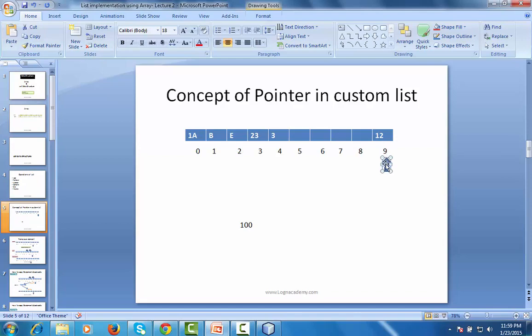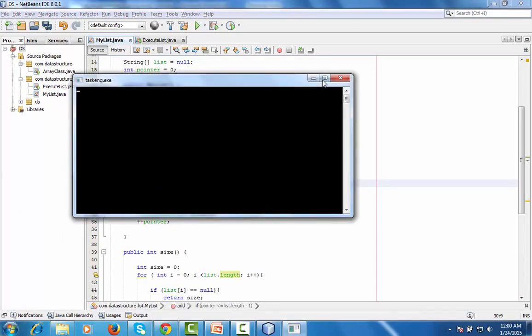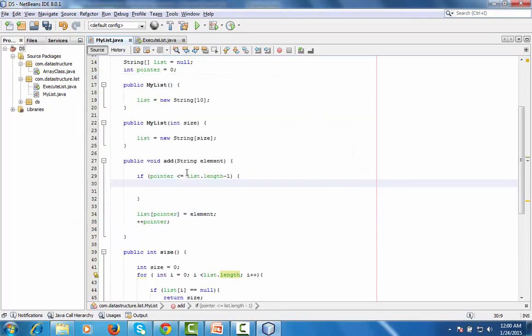But if the value of the pointer increases from 9 to 10, we will have to tackle that. And this is what we are doing. Let's say if the value of the pointer is 10 and the length is 10, in that case,